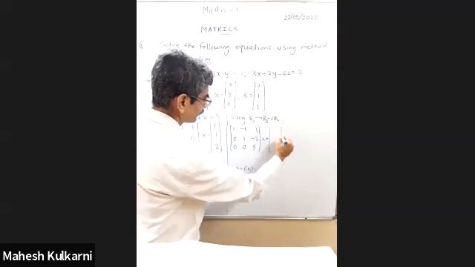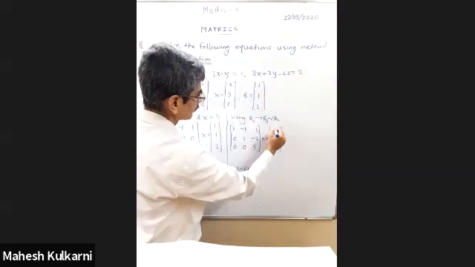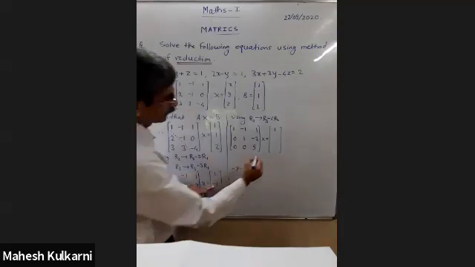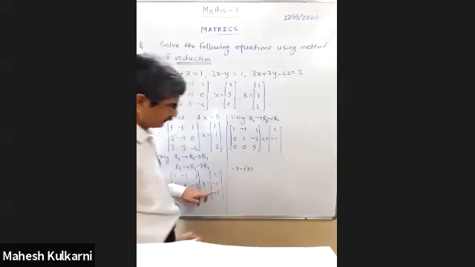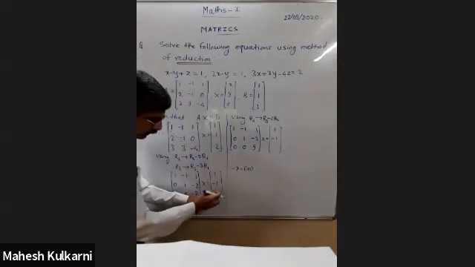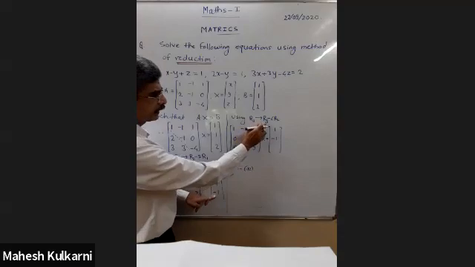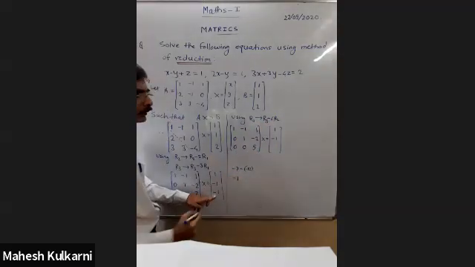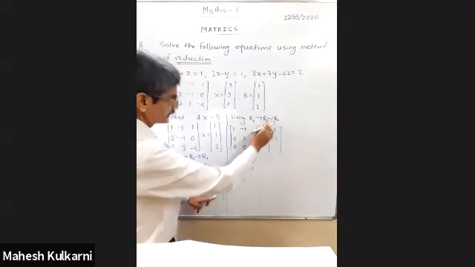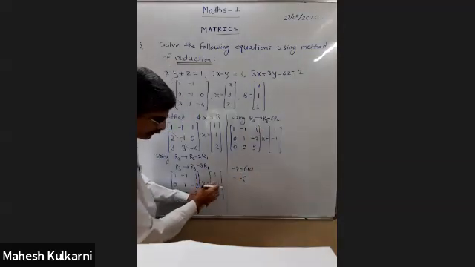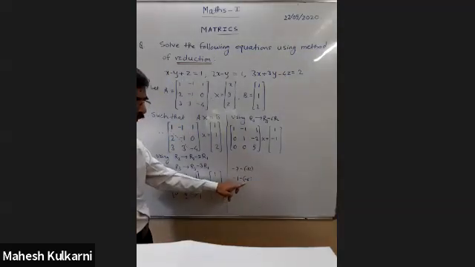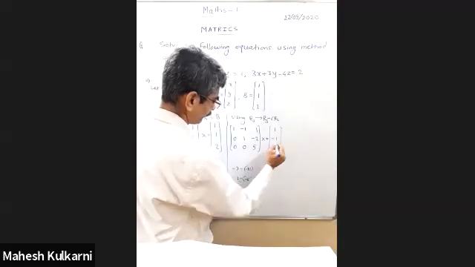Now on the right hand side, again, the first element as it is. The second element, minus 1, as it is. Now what about this one? Again, see this. What is the operation? R3 minus 6R2. What is in R3? Minus 1. Minus 6 into this. So what is the value here? Minus 6. So minus 1 plus 6. So this becomes 5.